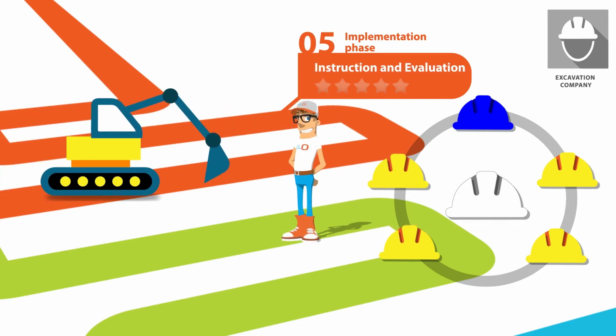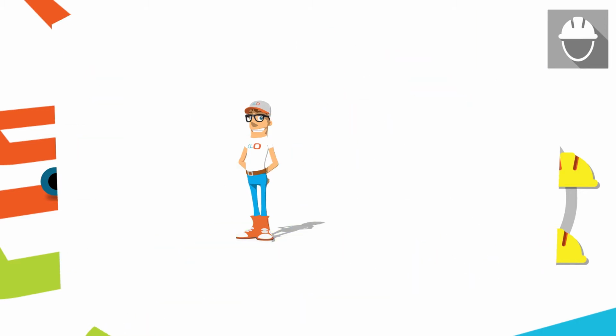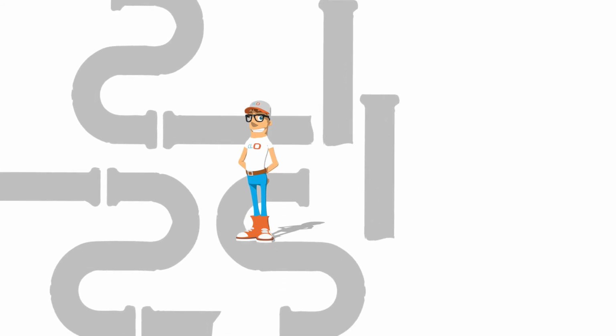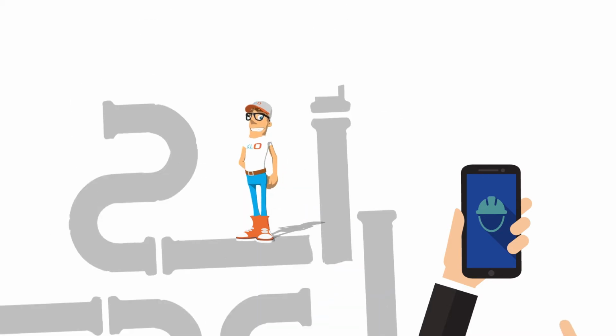On delivery or in the event of an emergency, the initiator conducts an evaluation. In this way, we continue to learn from each other throughout the chain. In each phase, if there are any unclear points regarding the location and/or the risks of cables and pipelines, contact the relevant network operator.